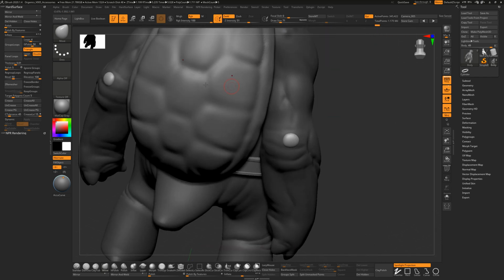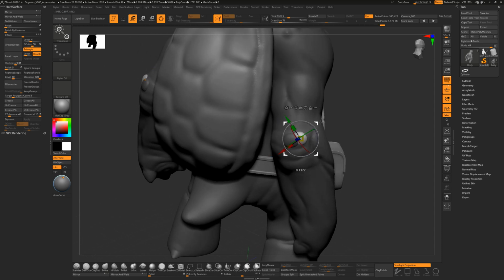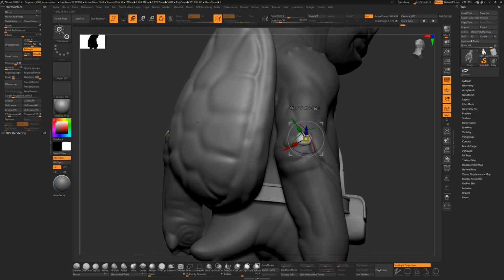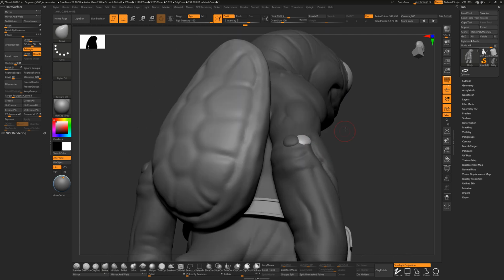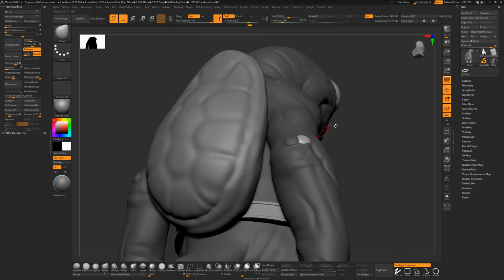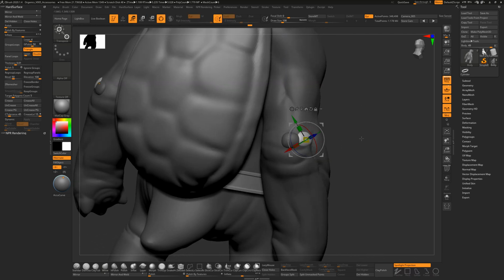And then the next thing I'm going to do is just take this, put on the move tool, hold down Control, and then drag, and it'll drag out a copy. And then I can push this thing over like this. It's going to mask everything else out except for this one part while we're still in this insert mode. Now I can take the move brush, and this will be rather time consuming, but you can get really nice results this way, where I'm going to take actual geometry, hold down Control again,